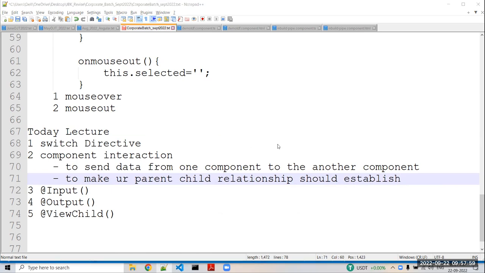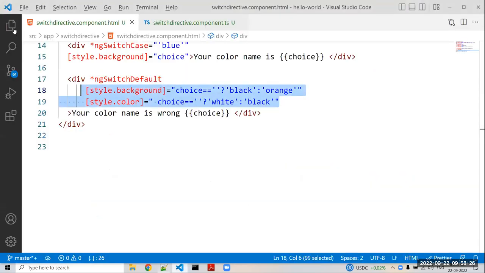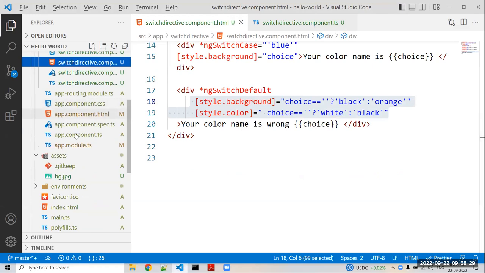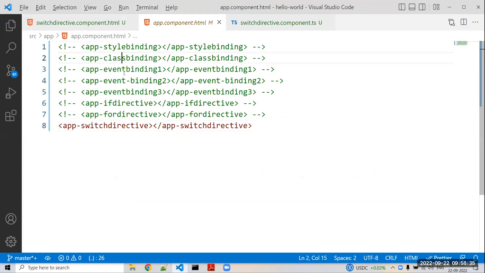Here, parent-child relationship is nothing but inheritance? No, it doesn't mean that we have to use inheritance. So the answer is no, don't keep that misconception in your mind. Parent-child relationship means that up till now we always map our component in the app component HTML, correct? For style binding, class binding, event binding, everything is mapped in